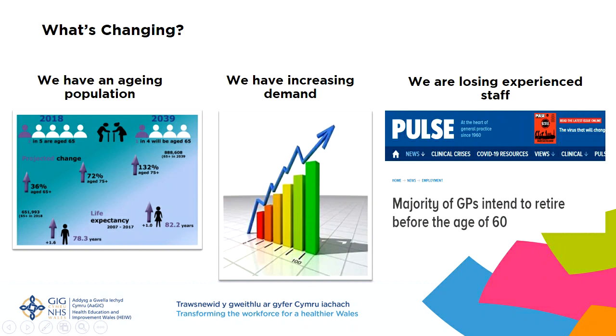There are many things happening now that are driving the need for better workforce planning and for us to think about the sort of workforce, roles and skills we're going to need in the future. Our population is ageing, and this is having a greater impact in rural areas, where in some cases the population is also shrinking. The increase in population age is leading to increased demand, especially in primary care, where a larger population of older people with comorbidities are needing to access primary care and community-based services.